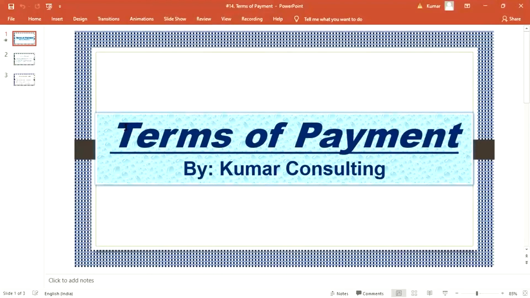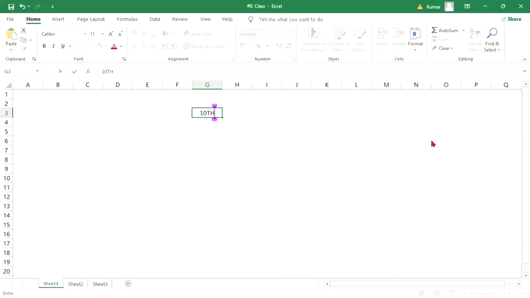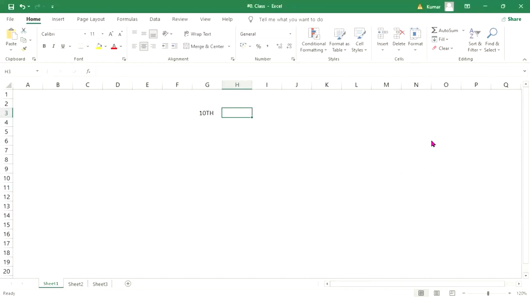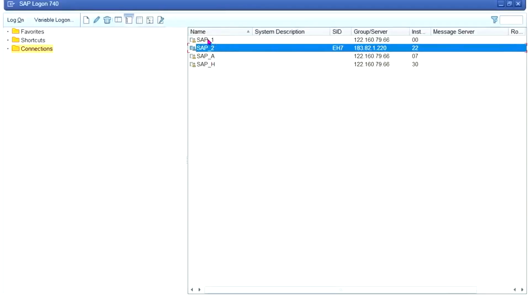We'll come back here. Now guys, we are on payment terms. In the previous session, we saw fixed days payment terms. Fixed days means, let's suppose, the 10th of next month or the 10th of the month after next. In such cases, we define the fixed days payment terms. Let's suppose the example was